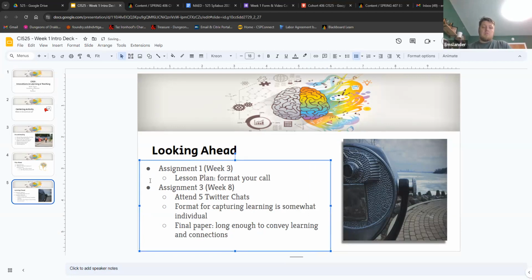We are also exploring what an assignment here would look like having to do with artificial intelligence. So stay tuned. If we decide to change anything with that assignment, I will let you know as soon as I know for sure.